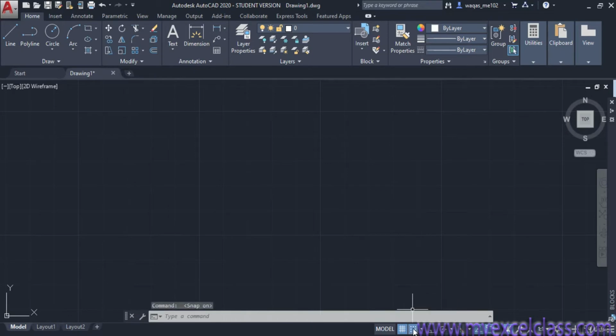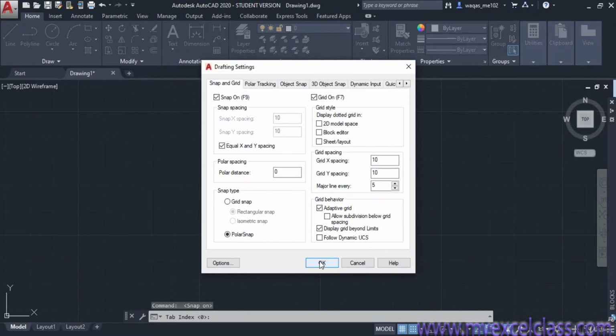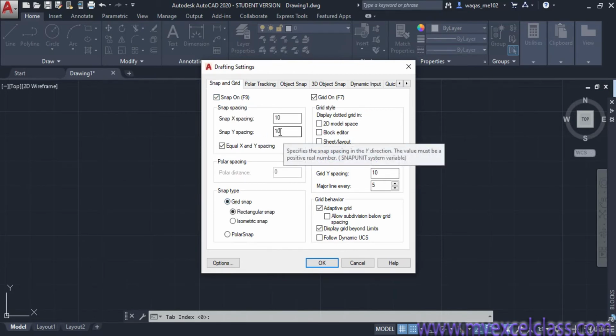So let me turn it on, and open the snap settings. Here is the snap, and you can set its settings from here. Let me turn on grid snap. Well, snap is on, and here you can see that snap X spacing is 10 and snap Y spacing is 10. The most important thing is that these two values are the same.